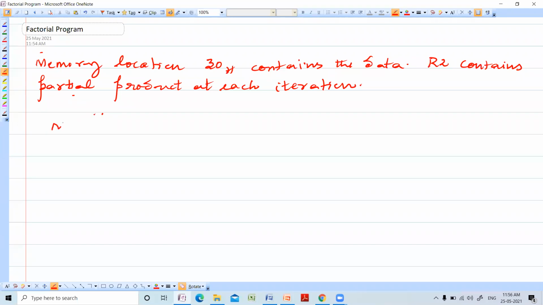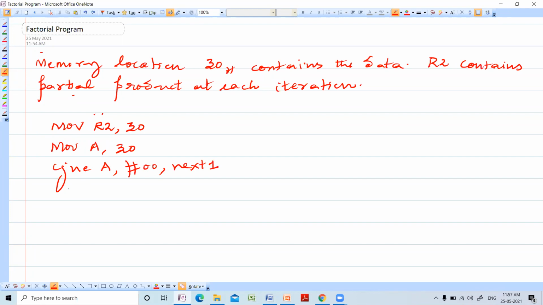So move A, 30. Whatever you are having, that you can move from 30 to R2. So move 30 to A, CJNE A with #00.